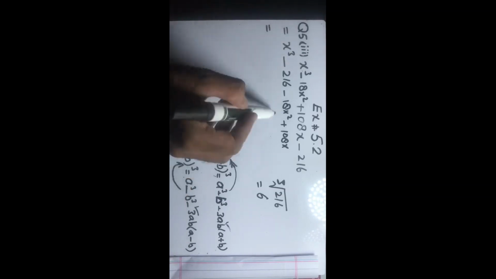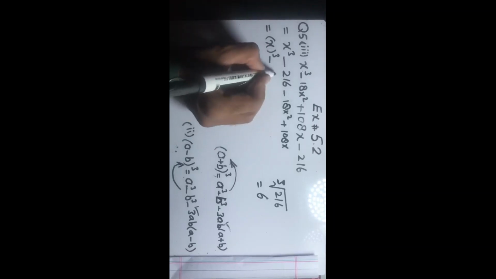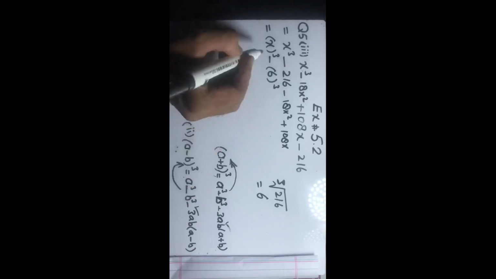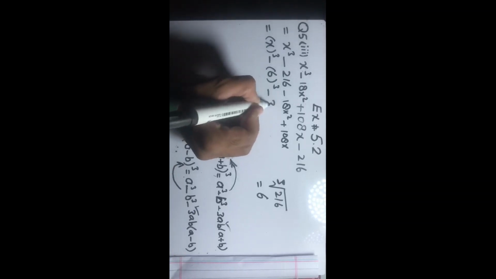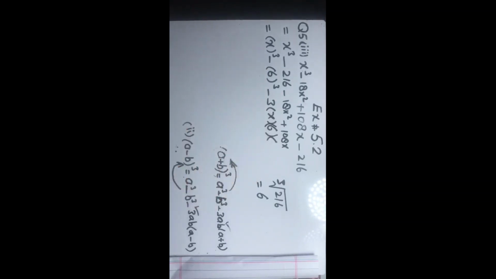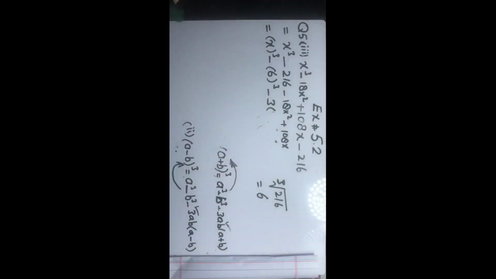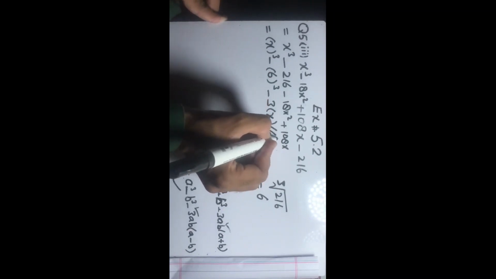So we found this question like the right-hand side of the second formula. Here you can write x cube minus 216, which can be written as 6 cube. Next you see here is minus 3ab, so we write it as the right-hand side of the second formula, that is equal to minus 3, a is x, b is 6 into... a is x, b is 6.